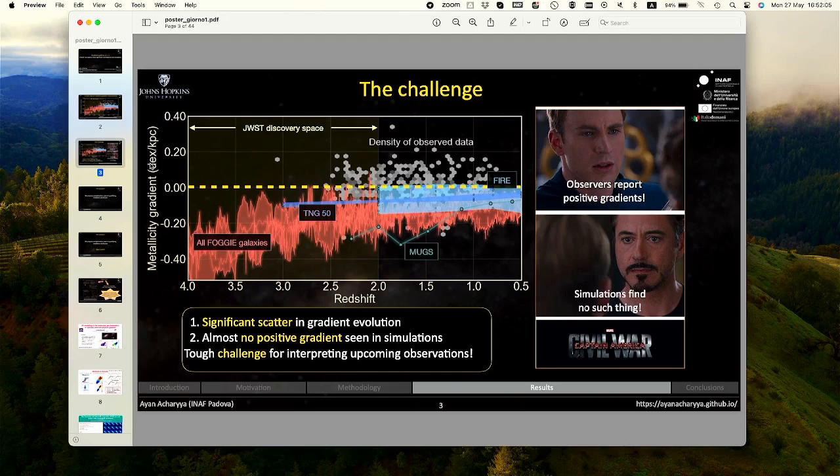Two takeaways from this massive mess of a plot, which makes the upcoming and also current observations with JWST of metallicity gradients very challenging. Number one, there is significant scatter and short timescale variation in the evolution of metallicity gradients, as seen in the FOGGIE simulations, which is the very sharp wiggly lines in the pink region. And number two, which is very apparent, that, okay,